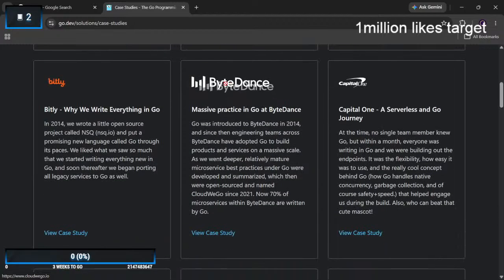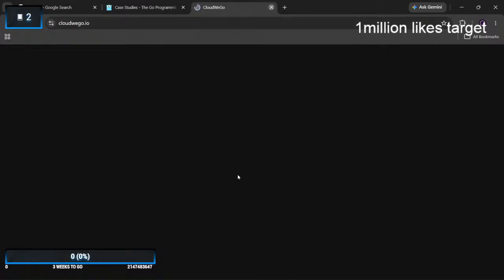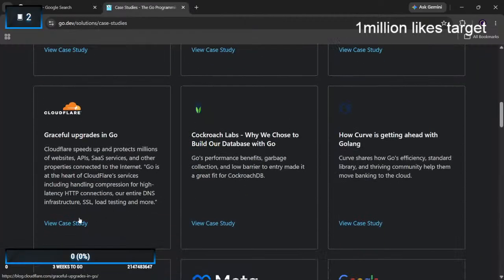ByteDance. Yeah, I have seen some software developers working at ByteDance. So this is a big company. Even cloud graceful upgrades in the function.